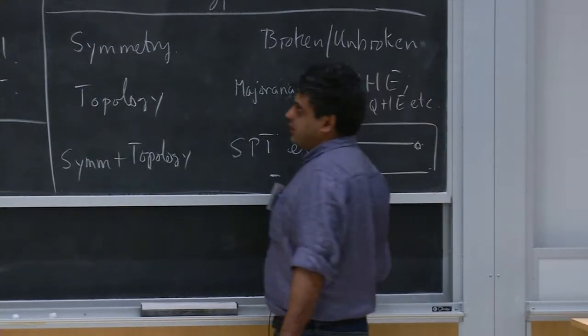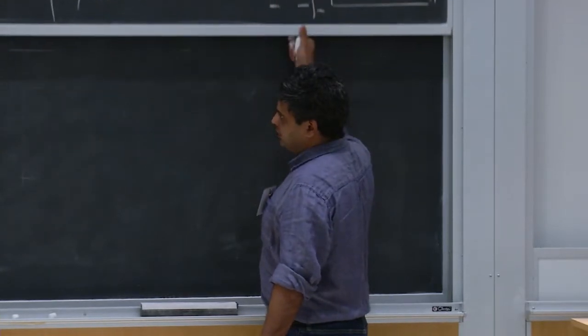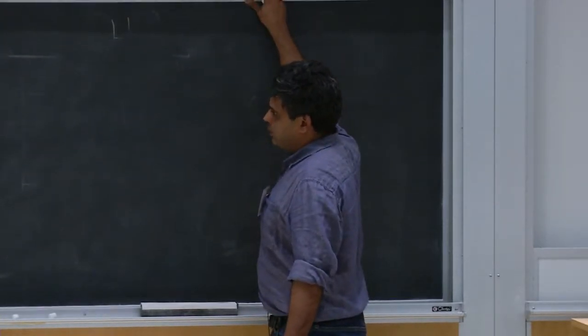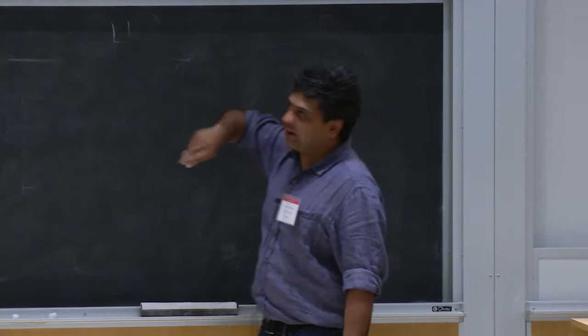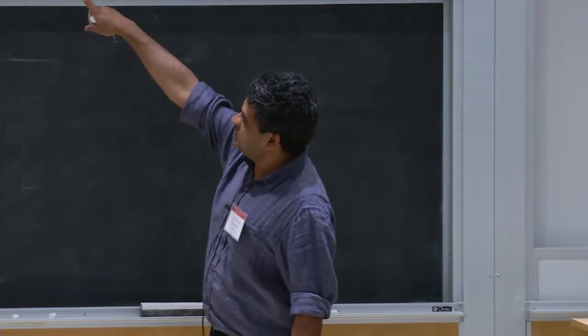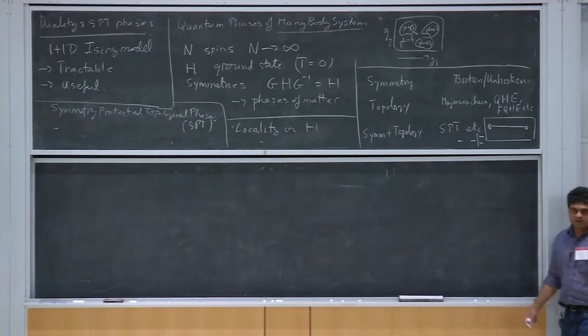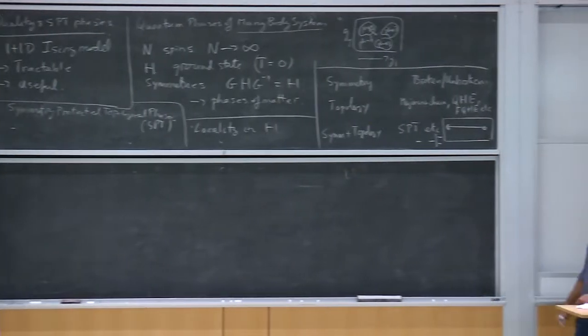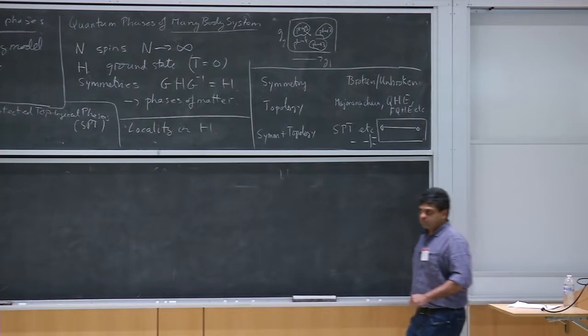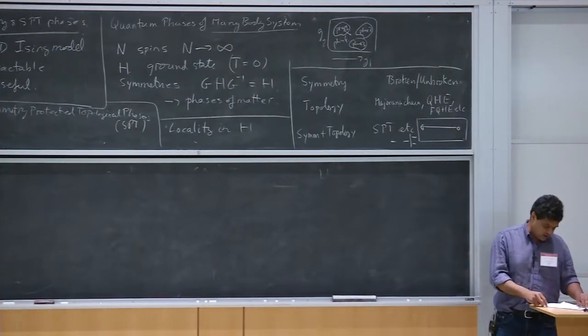So I'll try to emphasize that as we go along, but that's one of these hidden assumptions that it's sort of hard to write down. It's very easy to tell you that there's a symmetry, but locality is a little less compact to write down as a condition. So that is by way of introduction.